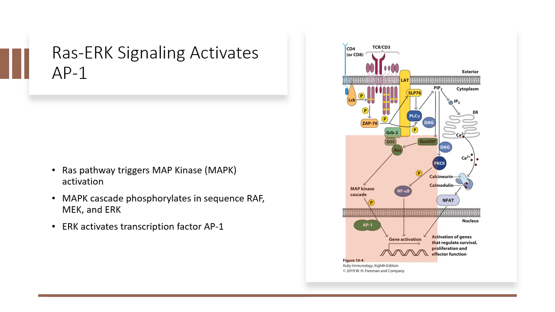So in the MAP kinase pathway, mitogen activated protein kinases phosphorylate a sequence of proteins. Usually the generic ones are RAF, MEK, and ERK. So MAPKs will transfer a phosphate group onto RAF. RAF will transfer a phosphate group onto MEK. MEK will transfer a phosphate onto ERK. And ERK will finally activate the transcription factor AP1, which can then move into the nucleus and start changing gene